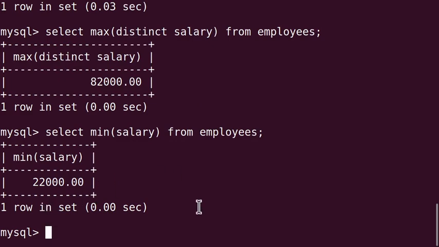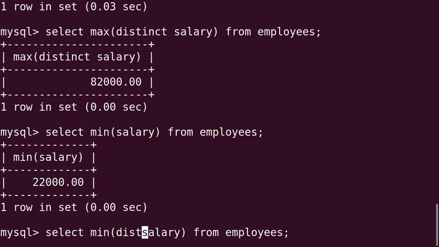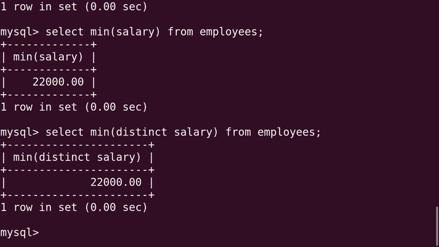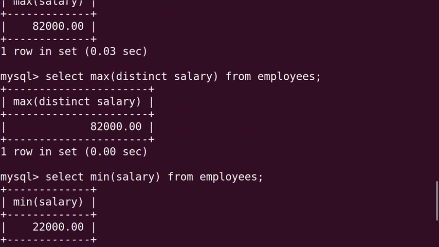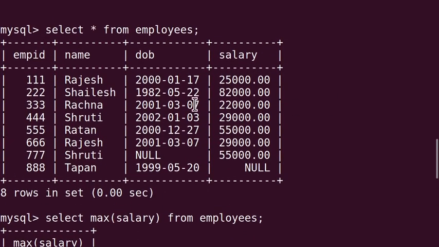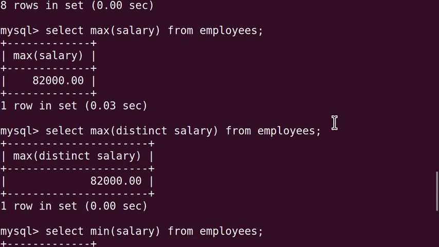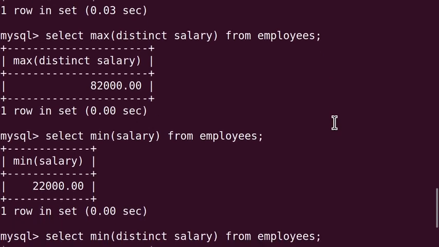And next, with distinct you can check here also we are getting the same 22,000. Now let's check from the table. In the salary field, maximum value it is given 82,000 and minimum value it is given 22,000. So as per that we got the output.